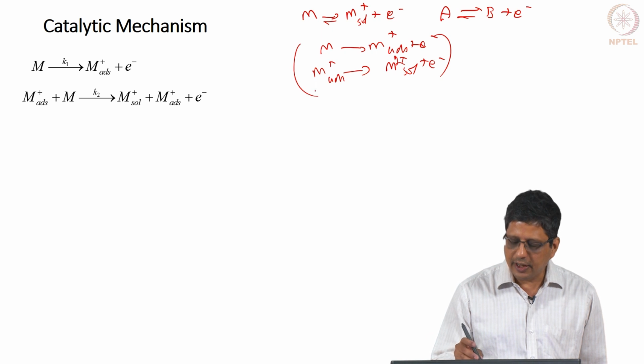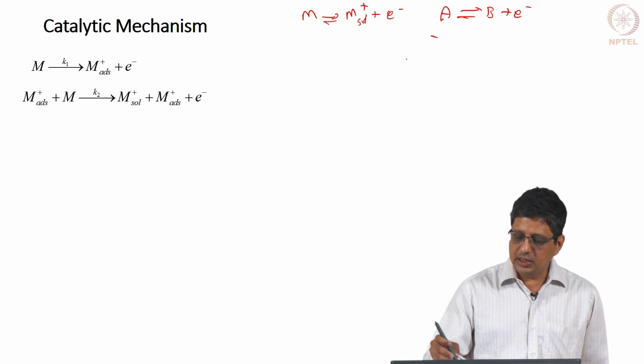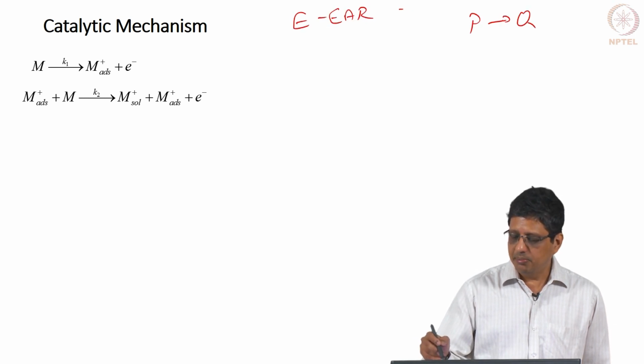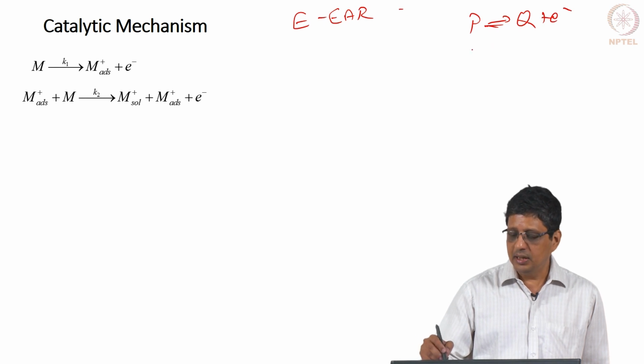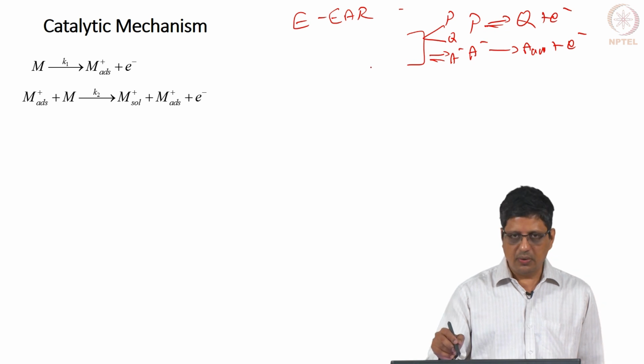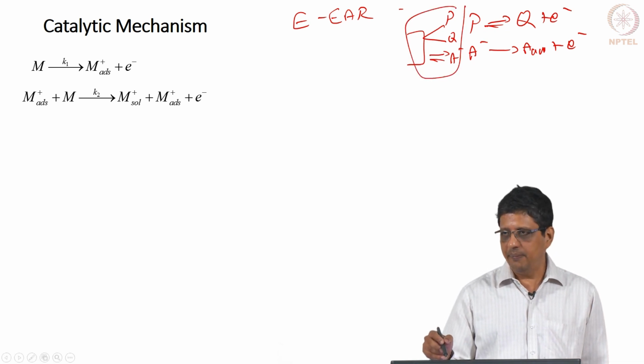This is a little different. In addition to this, we also saw one mechanism which we denoted as this, where you have a reaction, reversible or irreversible. We took an irreversible reaction in that example because it was a little easier, but even the reversible one you can handle. In addition, we have one reaction happening here, P going to Q, and we also have A minus adsorbing on top. So, this becomes a reaction in parallel.